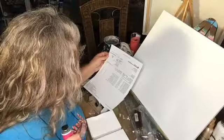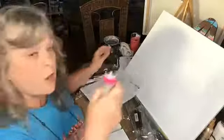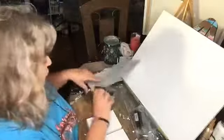Magenta, $4.23. So that's not bad, because this will last me more than a year. What else did I get in those little tubes? We got